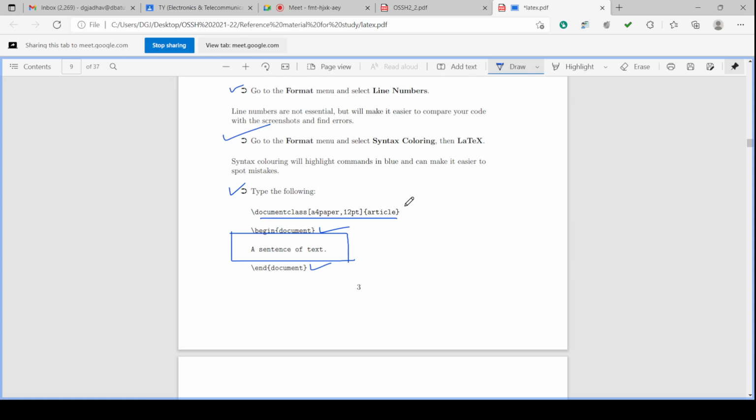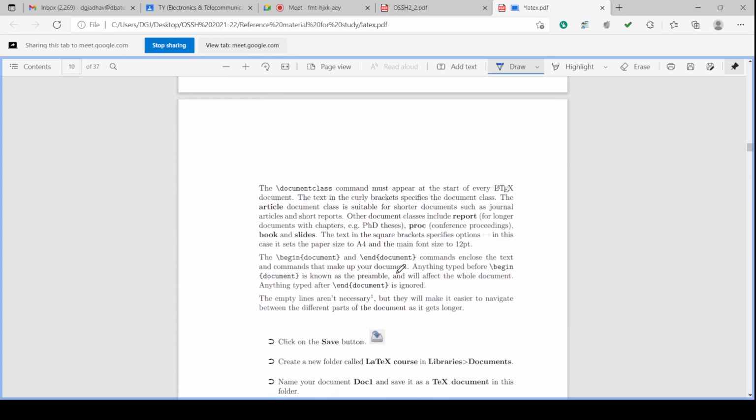So document class is the class of the document. The document may be a book, it may be an article, a long document or a short document. So the document class is defined here. Whatever is there before begin is the preamble, and after end it will not be considered. That also we have seen, isn't it?